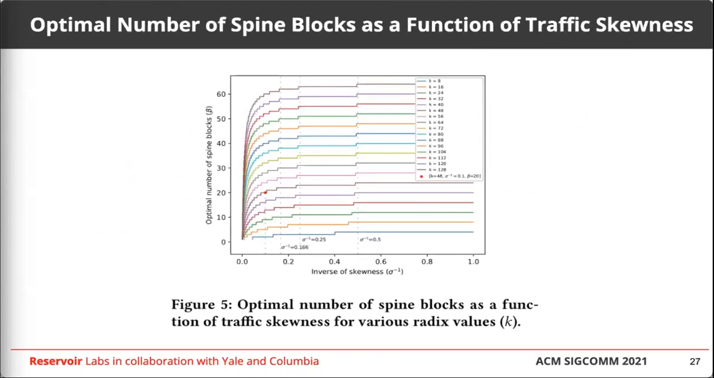And this formula yields actionable insights for network designers. Let's say we're building a folded Clos out of switches that have radix 48. So in that case, the full design would have 24 spine blocks. And let's say our traffic pattern is skewed such that flows within a pod are 10 times larger than flows between different pods. So that means that sigma equals 10, or 1 over sigma equals 1/10. Then this red point here shows us that we only need 20 spine blocks, not the full 24. And if we used more than 20, we'd be wasting bandwidth without improving the time that it takes to finish